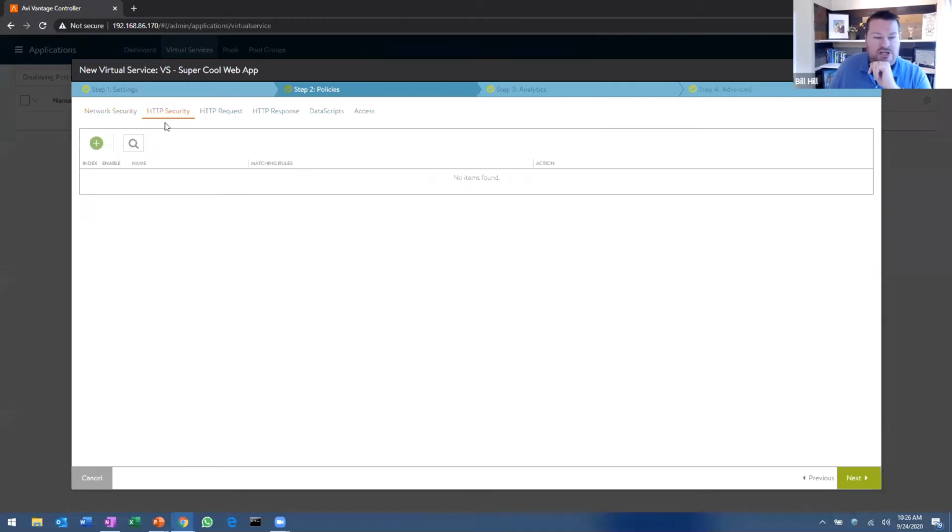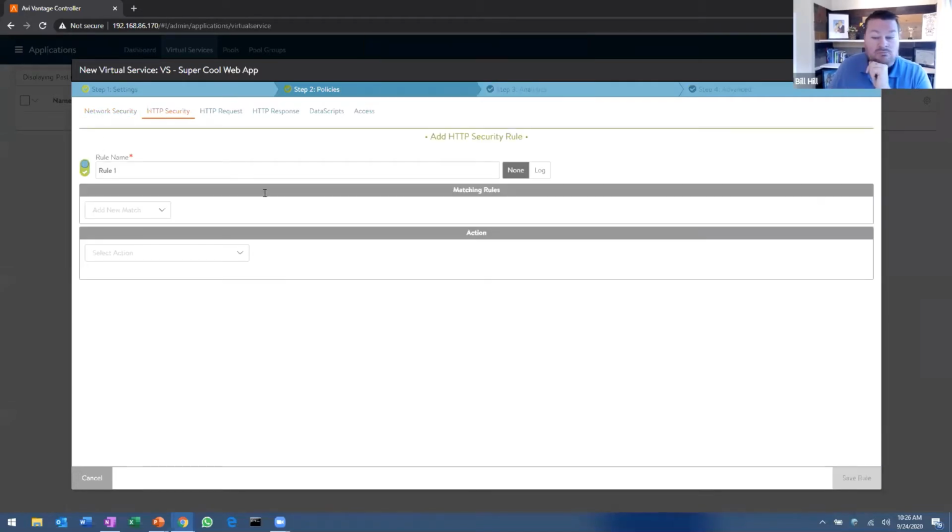We'll discard that change. HTTP security, right? Again, you have the ability to log that. Now we start understanding, right? Maybe if a user goes to a specific path, or their header has something in there that we know is internal or external. So we can pick any number of these in